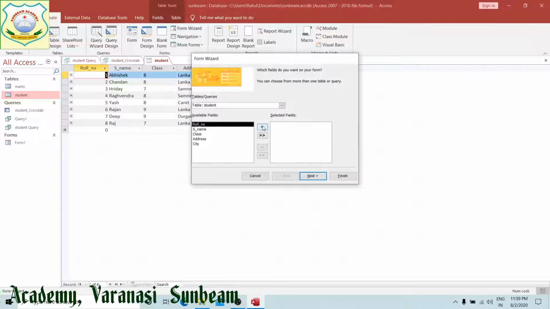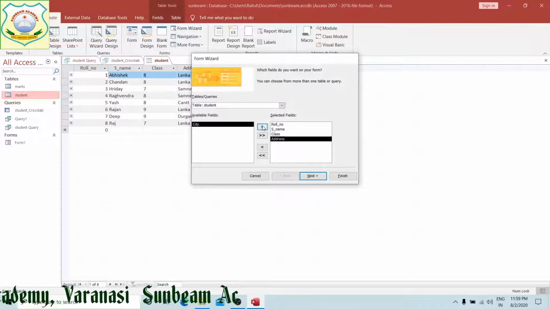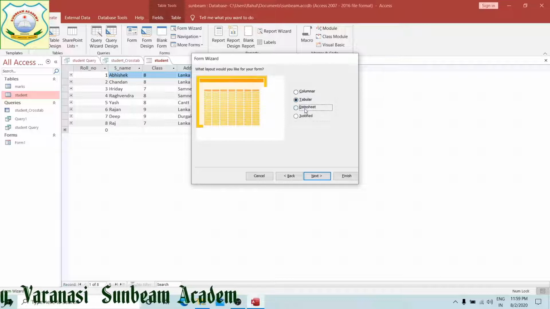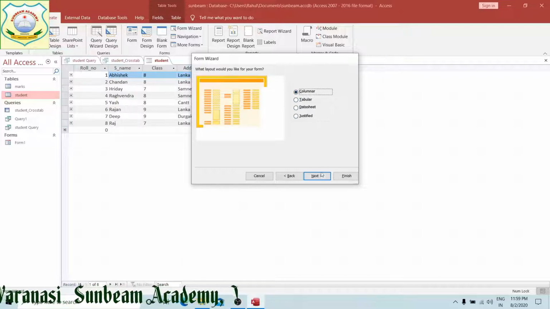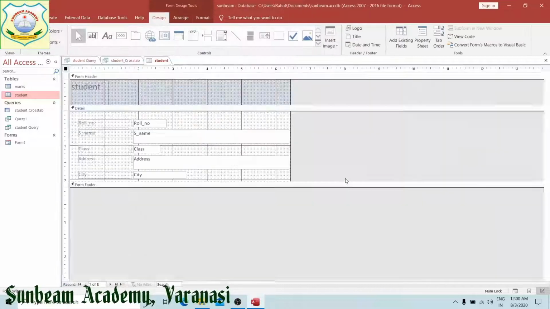Now see here, I have taken students' name, everything. Now click on next. This is columnar, tabular, data sheet, justified. I am going to take columnar. Into this, open the form to view or enter information, right? Modify the form's design. Click on finish.